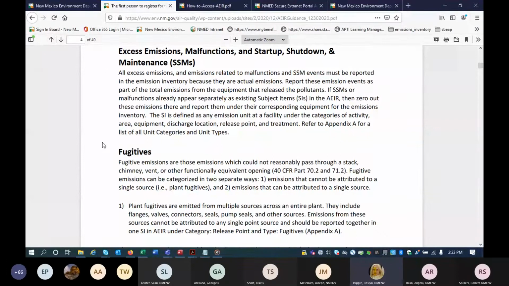The importance of these three and the significance of these three is that they are actual emissions, which we are collecting, and they must be submitted through the piece of equipment from which it was emitted from.